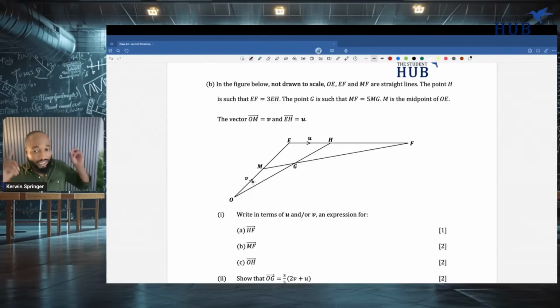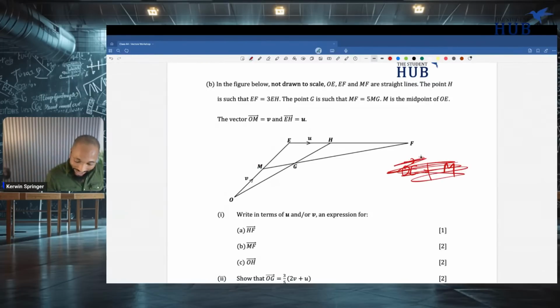Do not mix up the lowercase and the capital letters. Write that down. People in my class were doing that. They know better than that now. So, for example, if I ask what is the vector OE, don't tell me M. M is a point. It's like if I ask you what is the distance between Port of Spain and Arima, and you tell me Tacarigua. You have to tell me the distance. So the vector is actually V. OM is V, M is the midpoint, so OE has to be 2V.